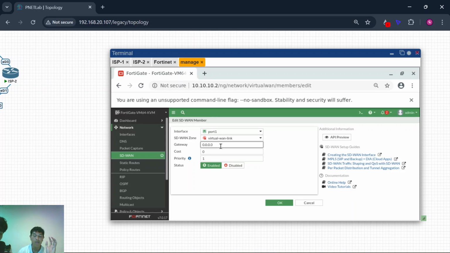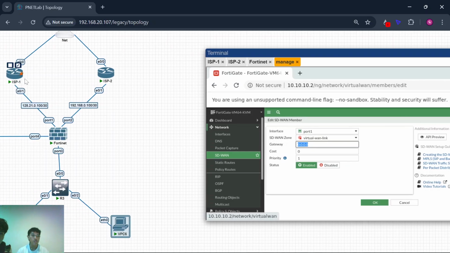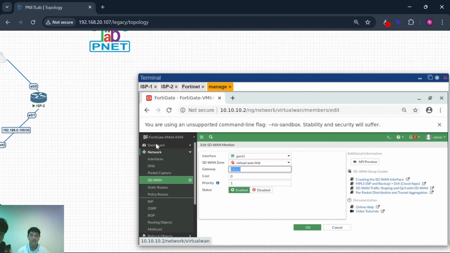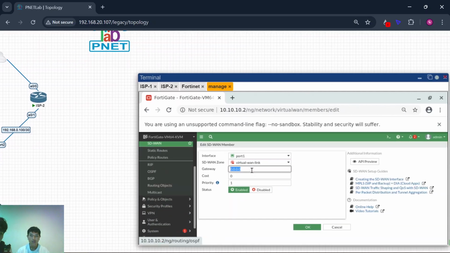I add port 1, join the SD-WAN zone, and the gateway from this ISP here. So I write 128.21.0.101, okay, like that.